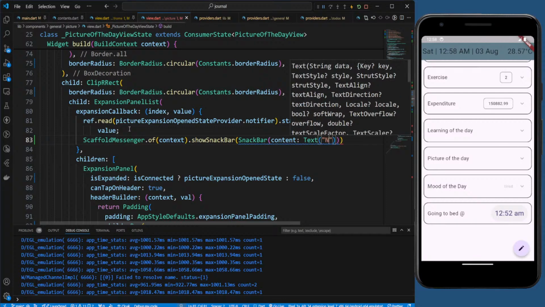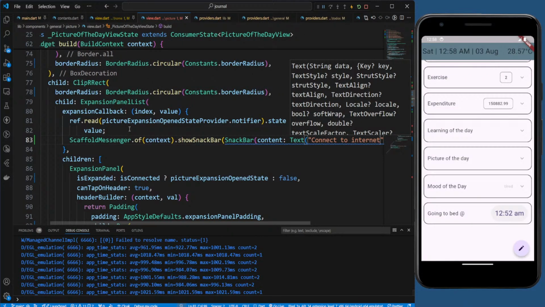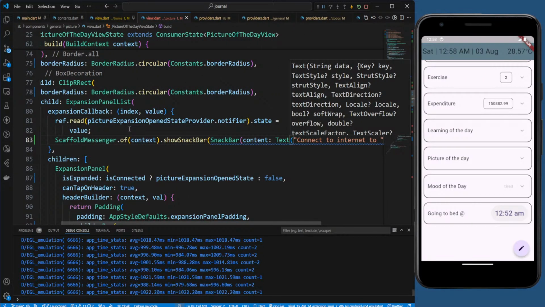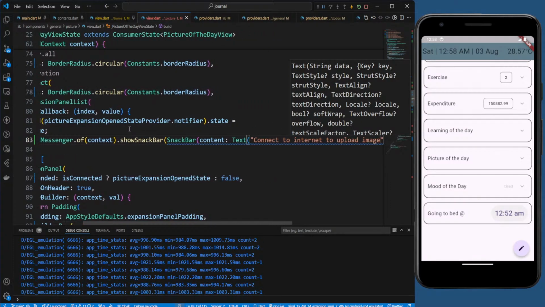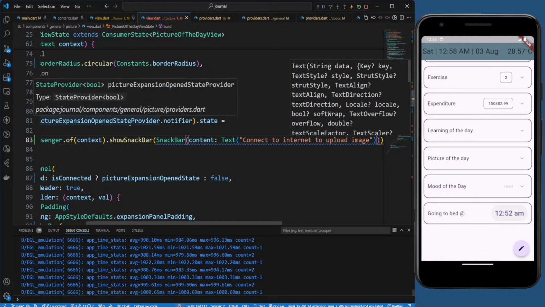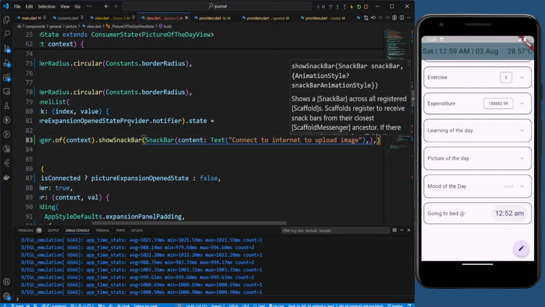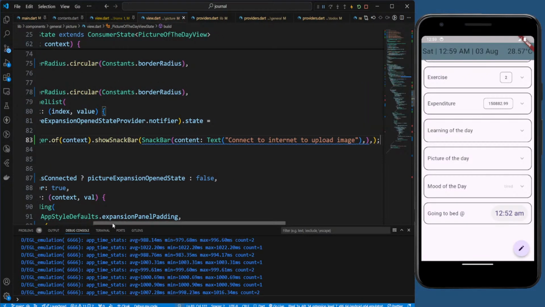Text: No internet. Connect to internet to upload image. Something like this, and